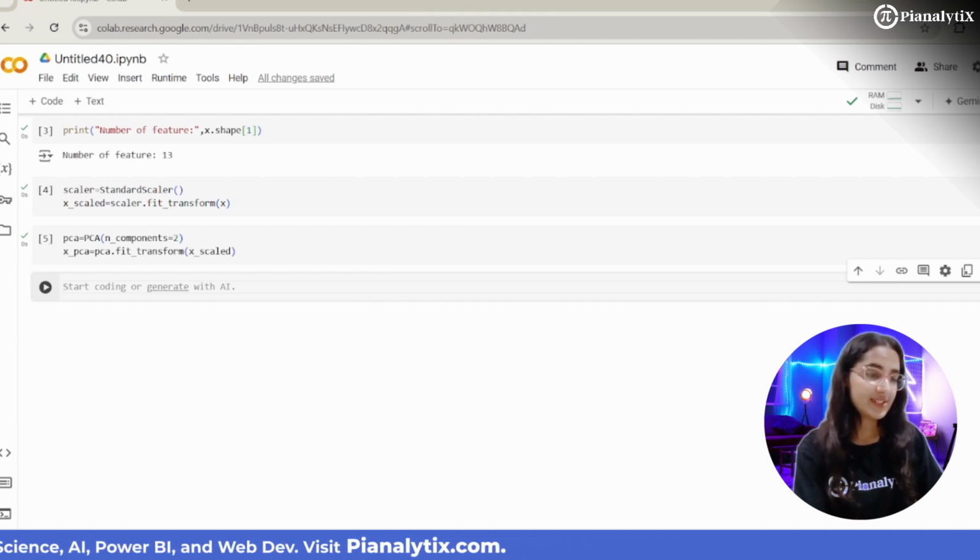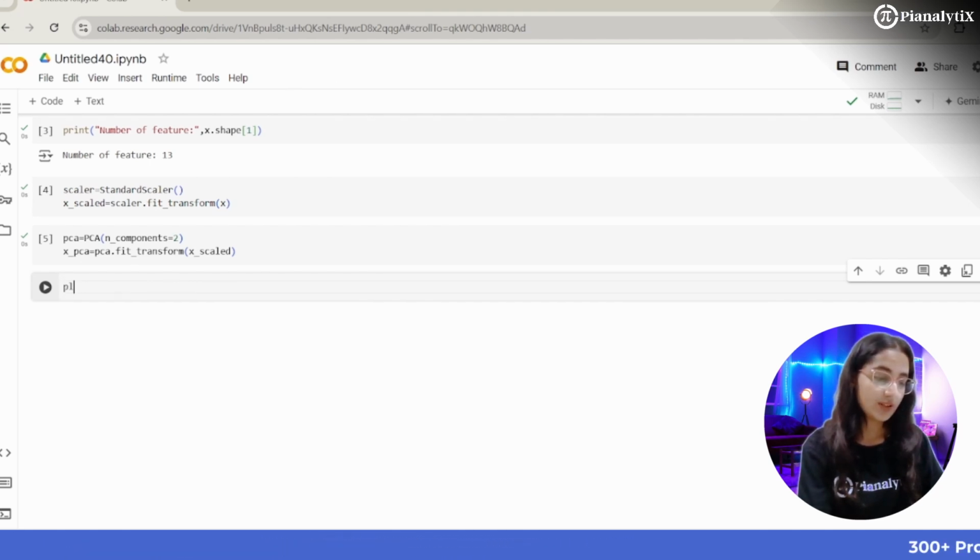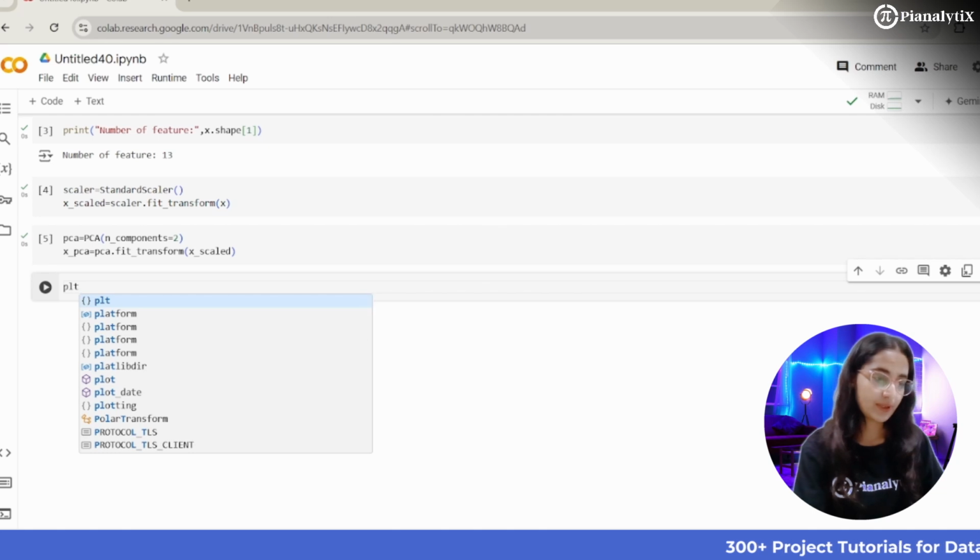Okay, to visualize the result, I will create a scatter plot of our first 2 principal components.